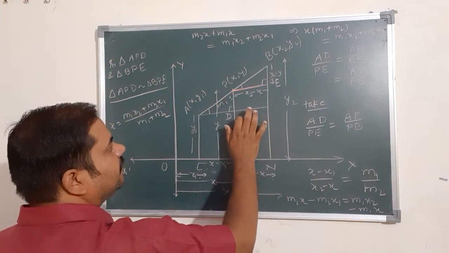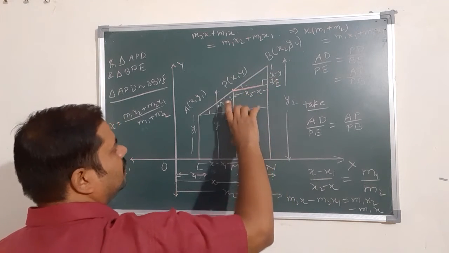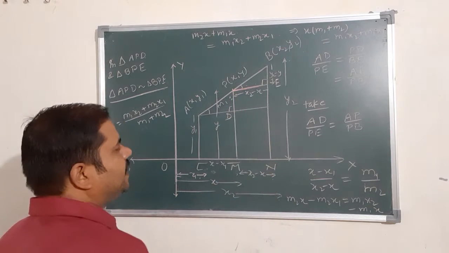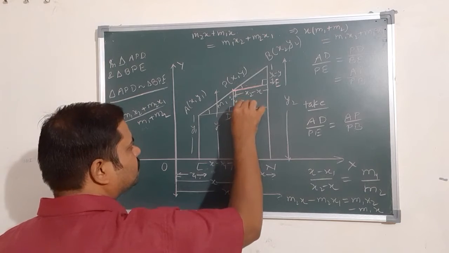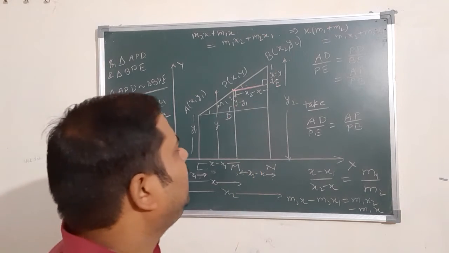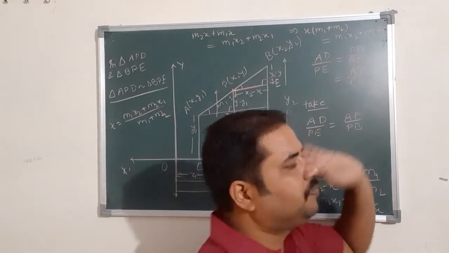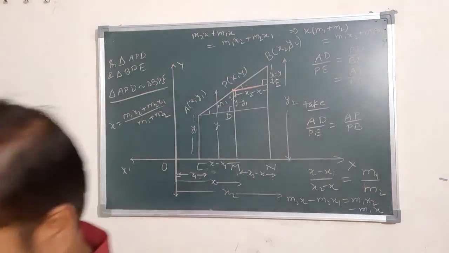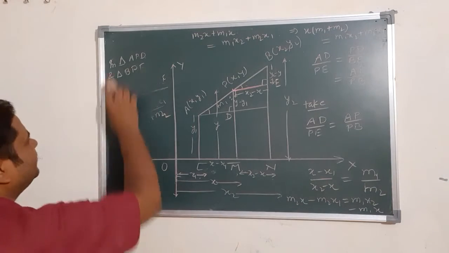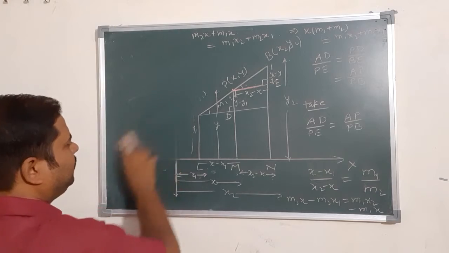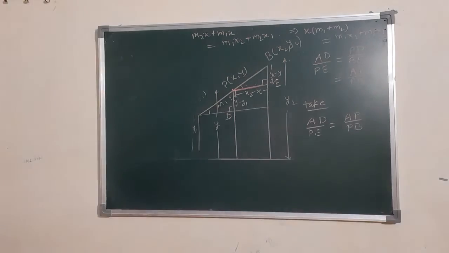PD is nothing but the whole is y, and this is y1, so PD is y minus y1. And what is BE? BE is y2 minus y, and this is equal to AP upon PB. So the next result we will get from here. I am just going to erase now; only whatever we needed we have to keep here, the rest we will erase.